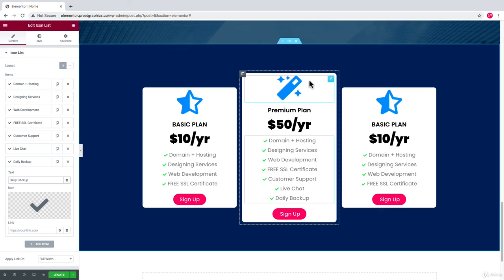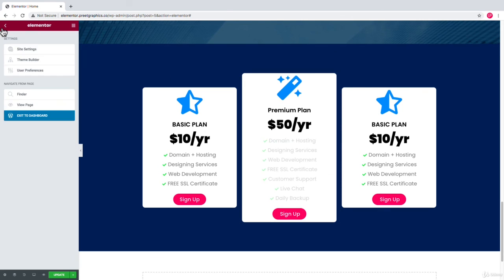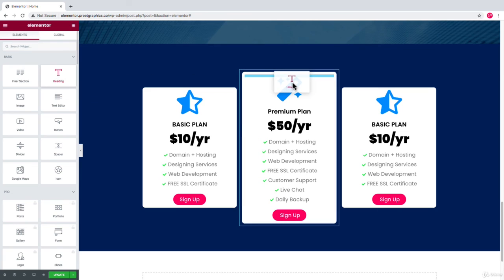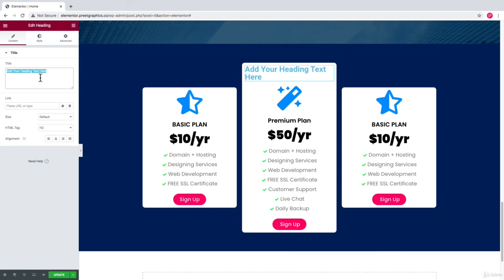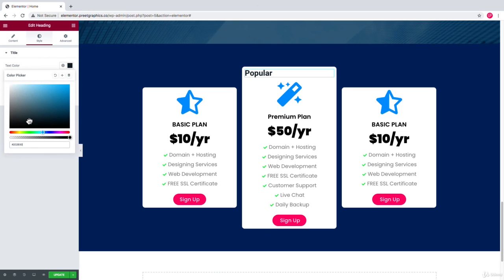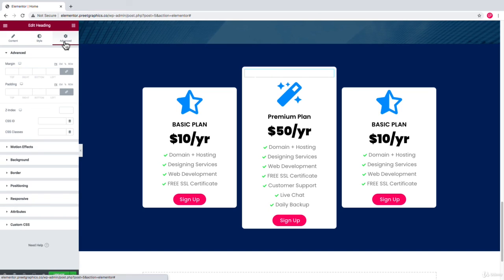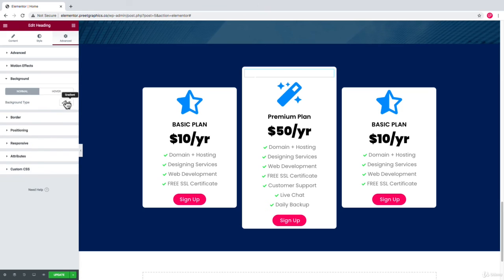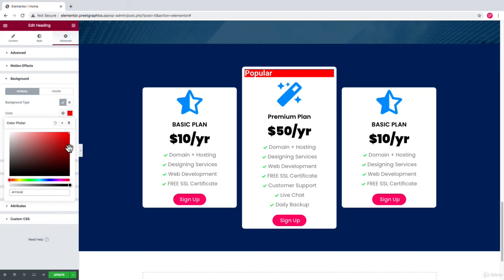And now let's add a recommended tag, like this is a very popular thing. What you have to do is simply add a text right here and change this one to popular, and change the style to white, and go to advanced and change the background color to red, maybe the green.